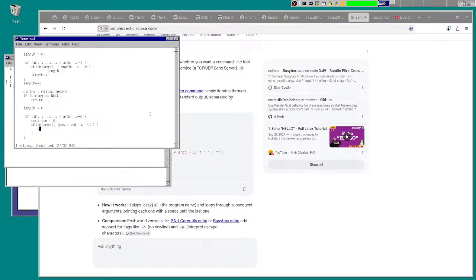String at position length equals argv sub i sub position.